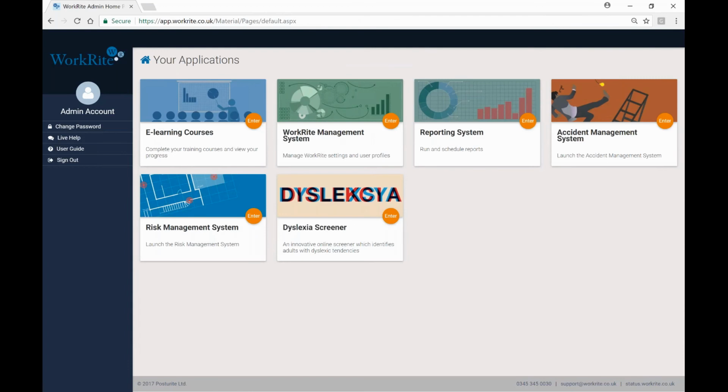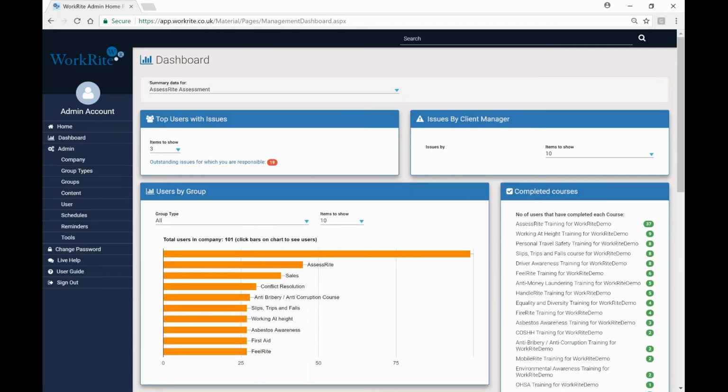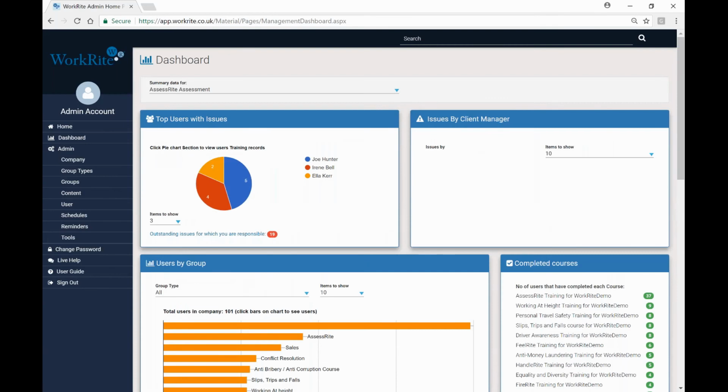Thanks, Ella. So I just want to show you into the management side of the system a little bit more. It does what it says on the tin, so I'm going to click on the WorkRite Management System button here. Now you'll recognise this next page from your existing WorkRite system. The charts are similar, they refer to the same things, but hopefully you'll agree they just look slightly better and are easier to use. So you've got your pie chart here, which will show you the issues you have per